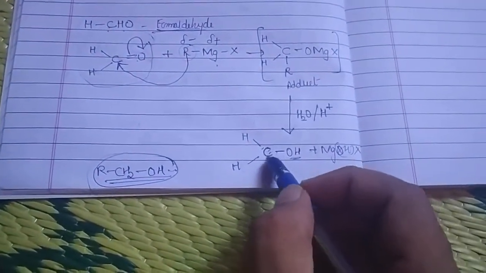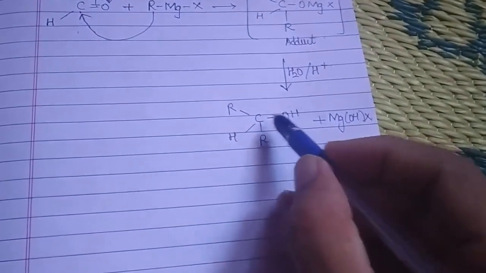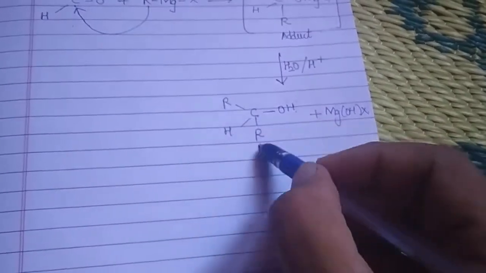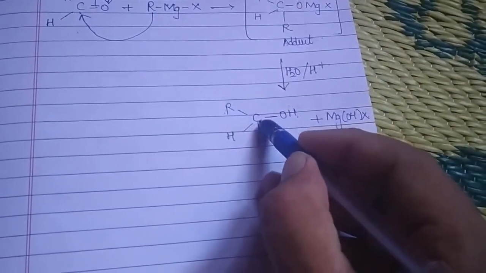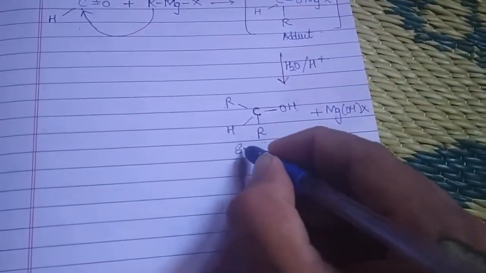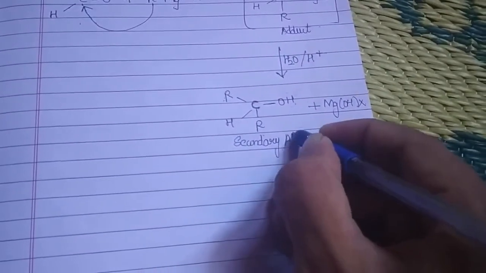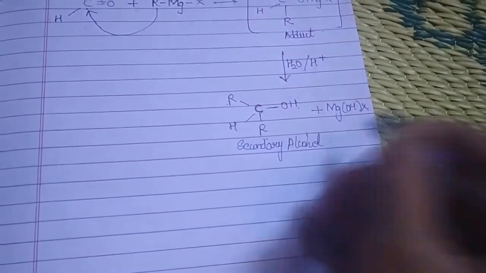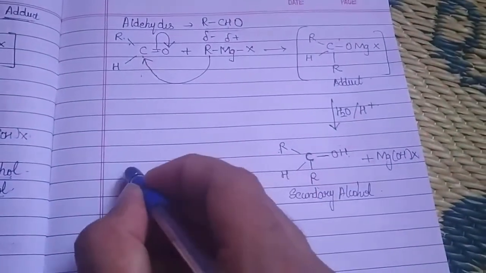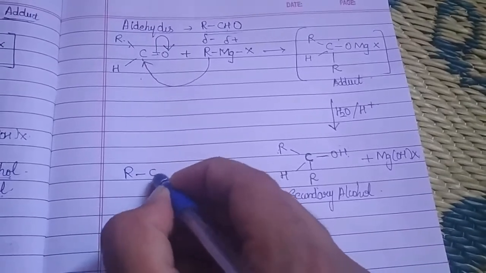So it was a primary carbon atom. But here, the carbon to which the hydroxy group has been attached is further attached to two other carbon atoms. So this will be what then? A secondary carbon atom. So whatever alcohol we have got, it will be a secondary alcohol. Secondary alcohol. Be able to understand. So how can you write it? Generally, if I want to write it in a proper way, RCH